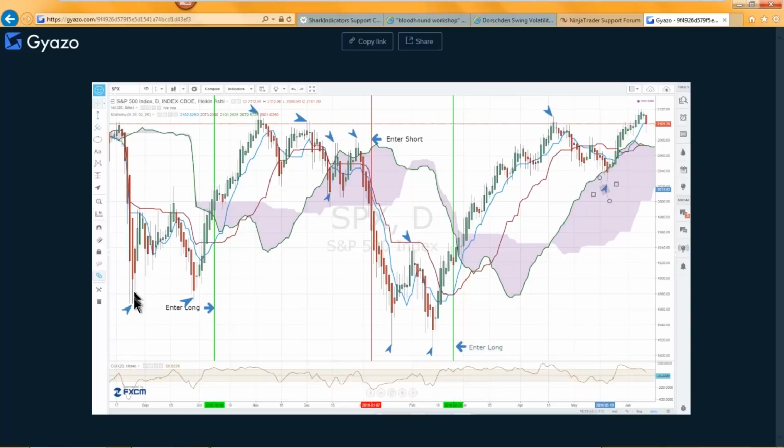I kind of question this first one that's marked here. Just eyeballing the body size, it looks like the previous candle had a huge body size in comparison. So I'm just wondering if that really is a kangaroo tail. Okay, right, so Samir is saying that, yeah, this one is questionable, this first one here, but these